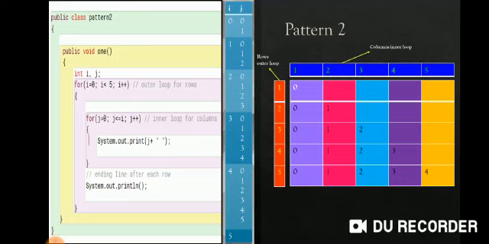In the first row we have 1 element, in the second row we have 2 elements, in the third row we have 3 elements. If you see in the diagram which is shown, the first row has only 1 element, second row has 2 elements, third row has 3 elements. So, we could always depict it by i over here. That is why in the inner loop I have written j is less than equal to